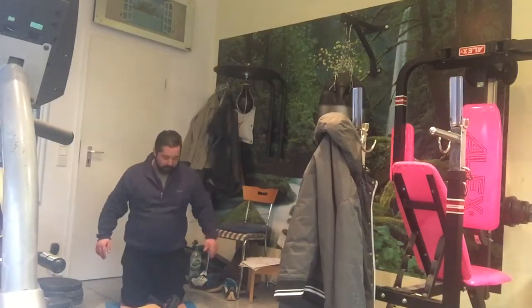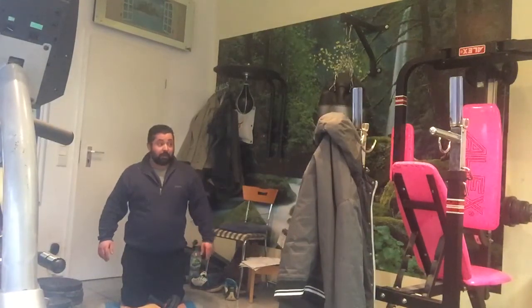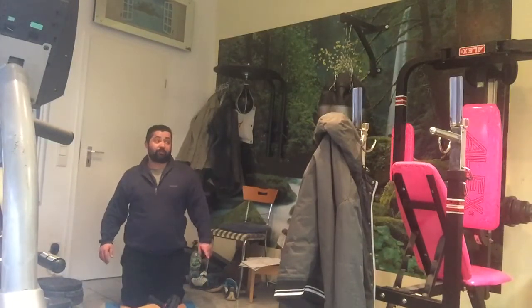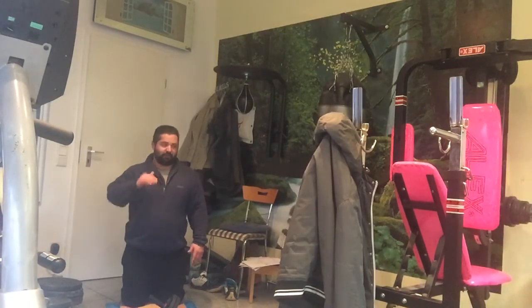Before I wasn't able to deadlift. When I started double overhead deadlifting, my first time I reached my maximum weight was 70 kg. That was my first time going for a max effort. The next week it was 80 kg. 2 weeks later it was 100 kg. And from then on